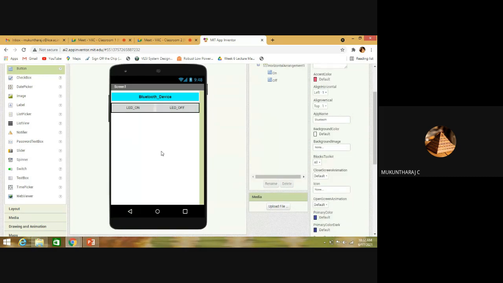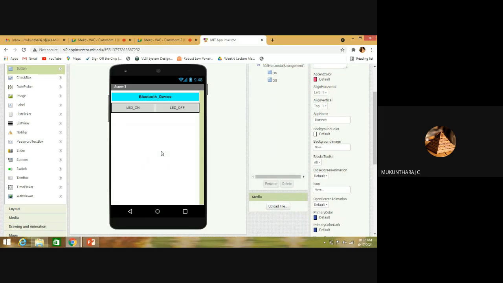Okay, right. So simple. These are the list of components we are going to use. As we are going to control only one device, this is enough. If you wish to control multiple devices, then that many number of buttons and horizontal arrangements we must use.